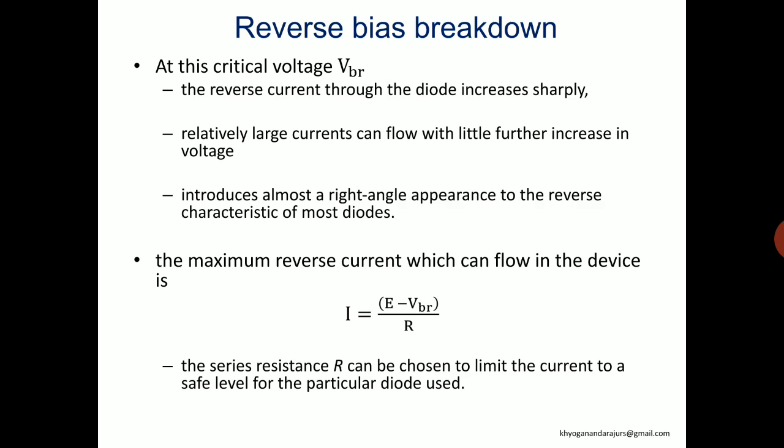If we choose the resistance R in such a way as to limit the current, that is good. We need to choose an R such that we can limit the current, else this reverse breakdown current may hamper our circuit wherever we use this reverse bias PN junction, or it may damage the particular electronic device. So we need to control that sudden increase in the reverse saturation current, that is the reverse breakdown current, in order to safeguard our device and the circuit.